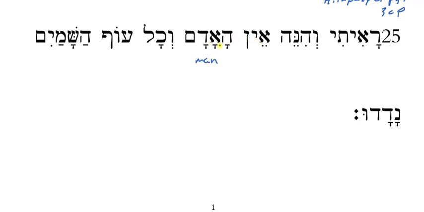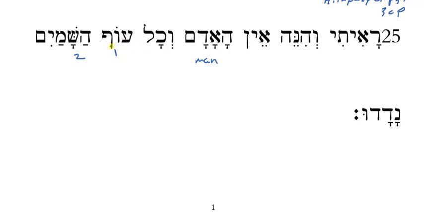God made Adam on the sixth day, and now when he looks at the earth or the land, there is no man. There is no inhabitant. It's desolate. It's empty. Okay, so there was no man. V'kol of hashamayim, and every bird, so here's the word for bird, of the heaven. Okay, this is a construct chain. This is thing one. This is thing two. So every bird of the heaven.